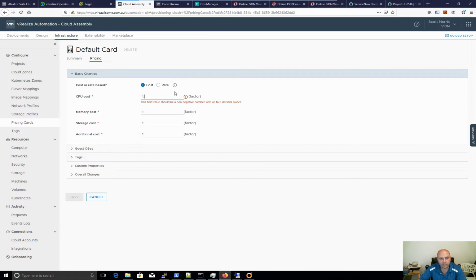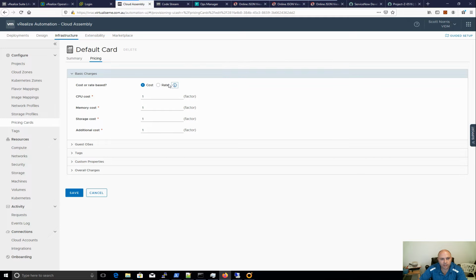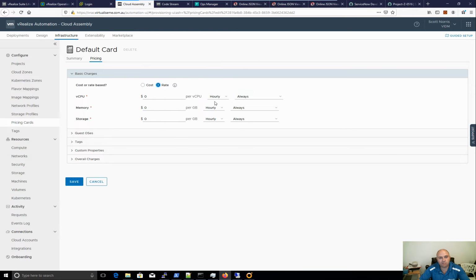So 0.1, and it actually gives you a little thing here. You can see a nice little explanation, and a rate is obviously a rate. Now what's really cool here is we can do hourly, daily, weekly, monthly charges per CPU, memory and storage, and you can do always, so whether it's turned on or turned off, as soon as it's deployed you start charging for it, or you only want to charge for it when it's powered on, or it must be powered on